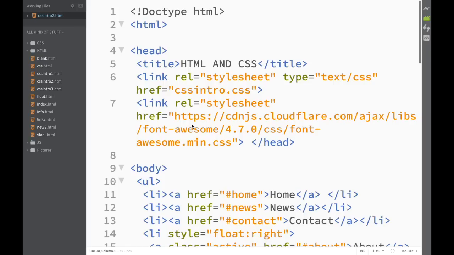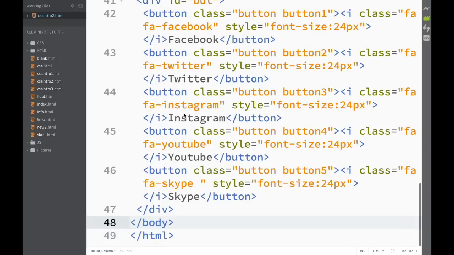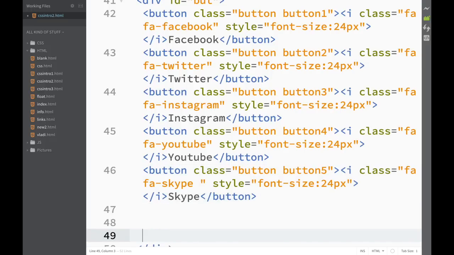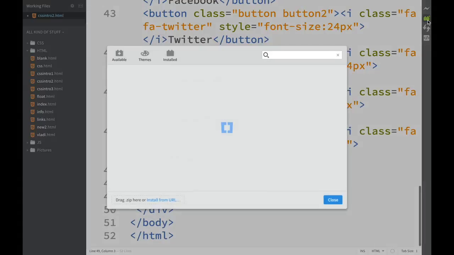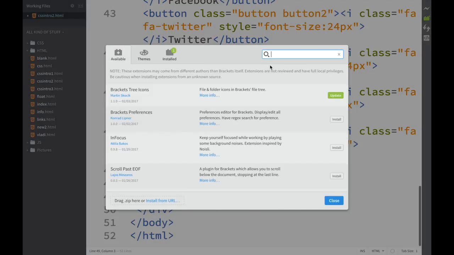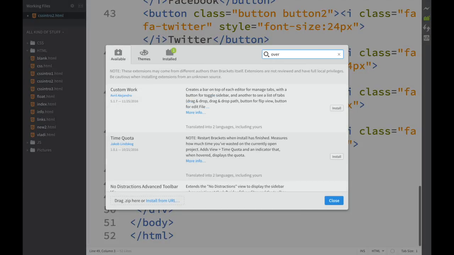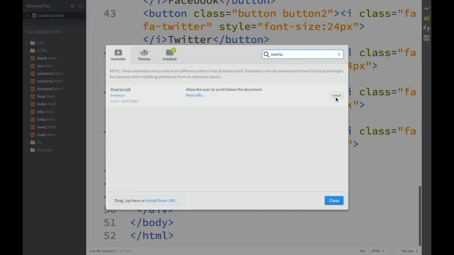Another great extension in Brackets is the Overscroll extension, and let me show you how it works. So let's say we have a document, right? And we scroll it all the way down, and if we need to add some more code, then we need to start messing around over here. We need to start pressing enter, and then we're losing the divs or the bodies or something like that. So we have an extension for that. So we go to our extension manager, and we type over here overscroll. And we click install,